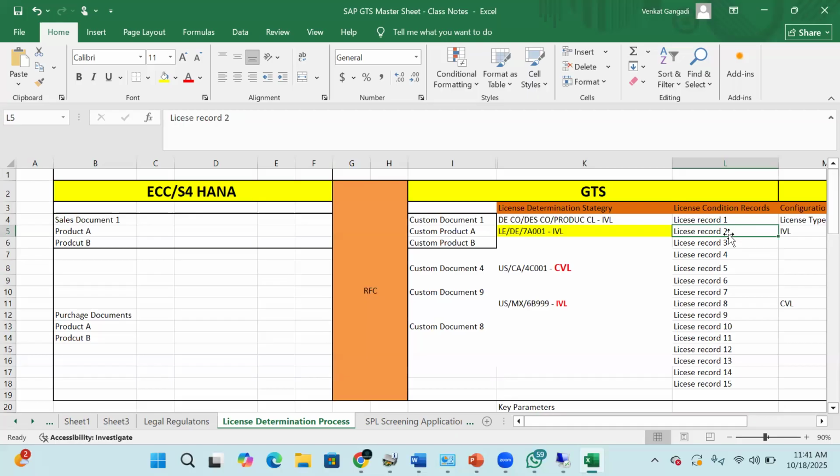One other question I have: when we are doing the item category for the part in the feeder system, is there any special config you have to do for a part for which a license is required? No, I don't know. Item category is not playing any role to determine the license. But